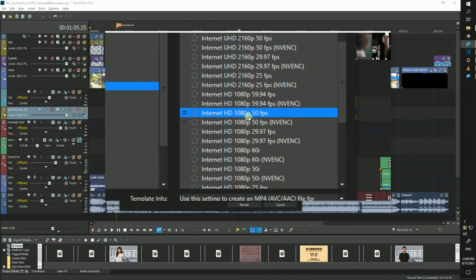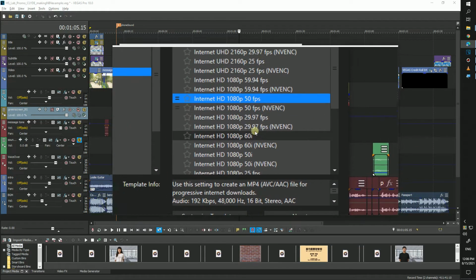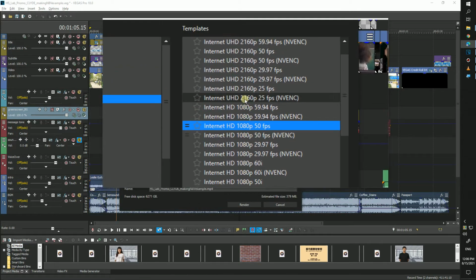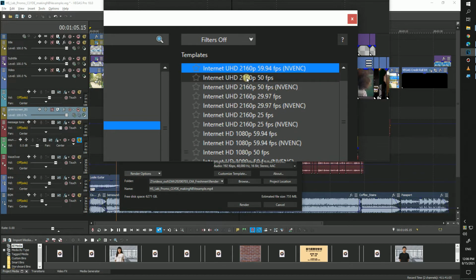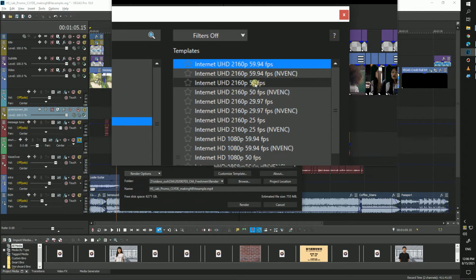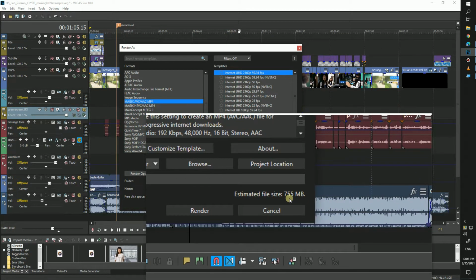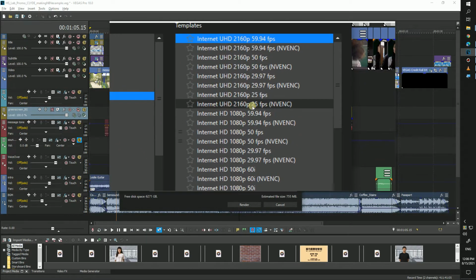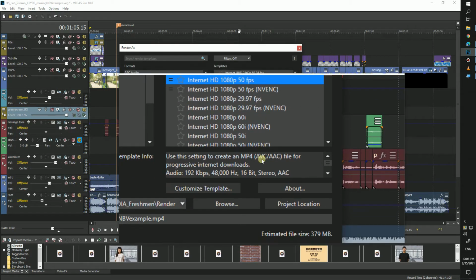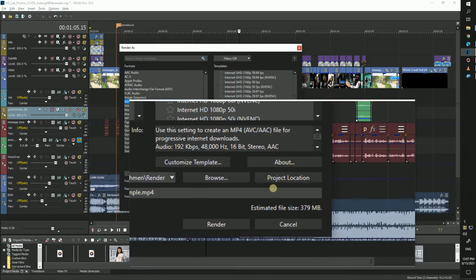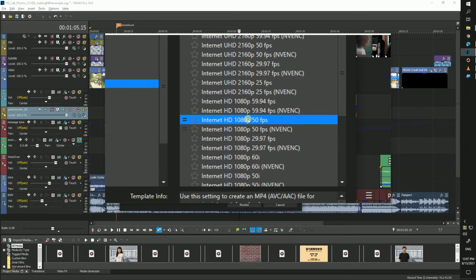In the render settings, it's important to understand and know the quality that your main footage is in, because even though Vegas gives you the option to render in Ultra HD 2160p at 59.94 frames per second, if the settings are higher than the raw footage that you shot, you will not be able to view the video in that quality anyways. You can always make something that is high quality lower, but you can't really raise the quality of something because there is not enough information to work with in the first place.